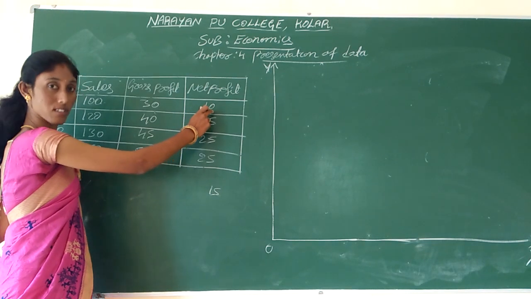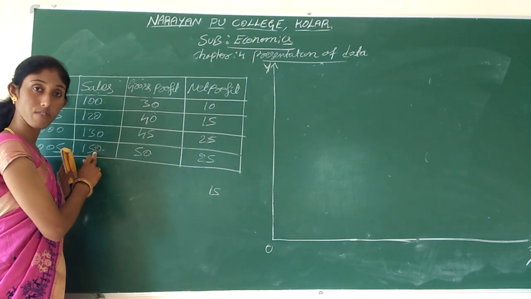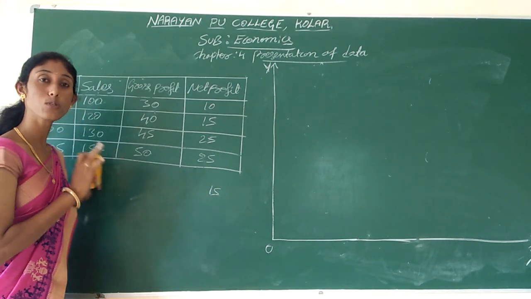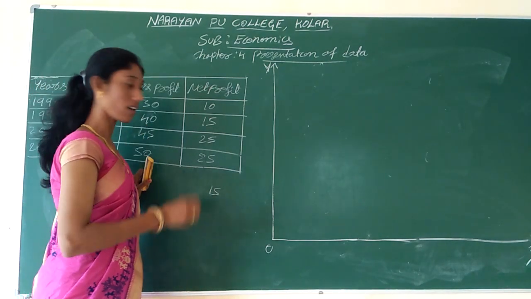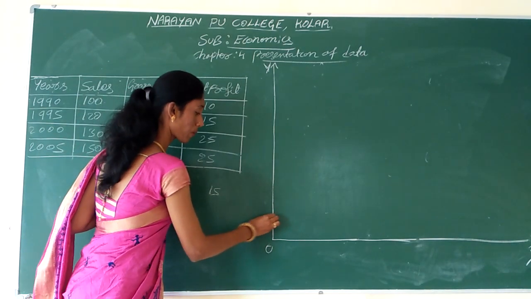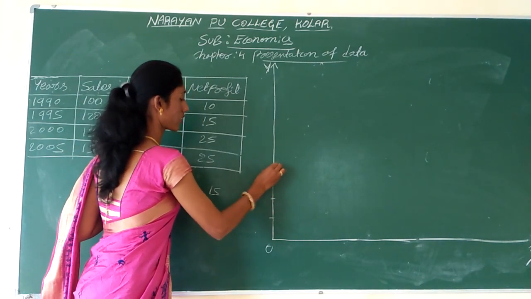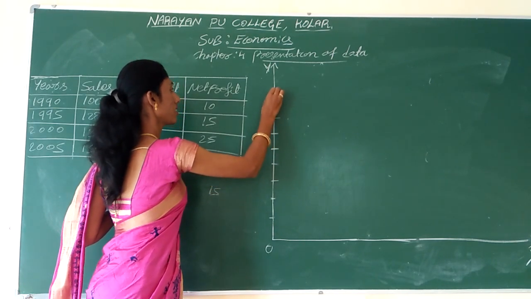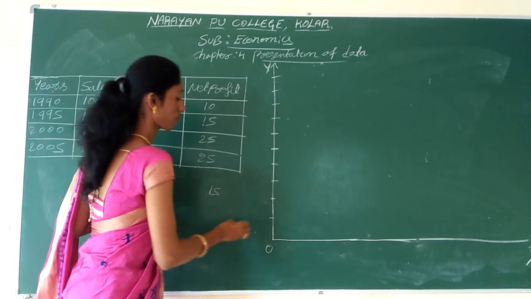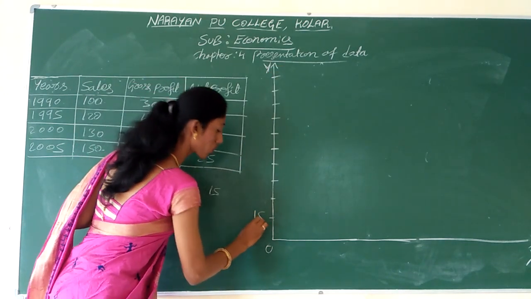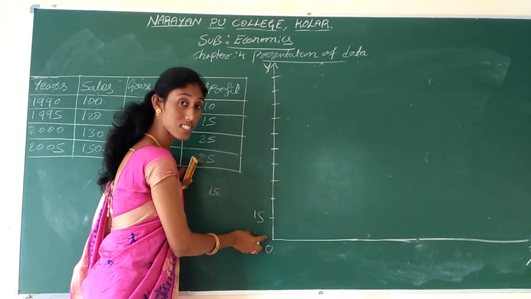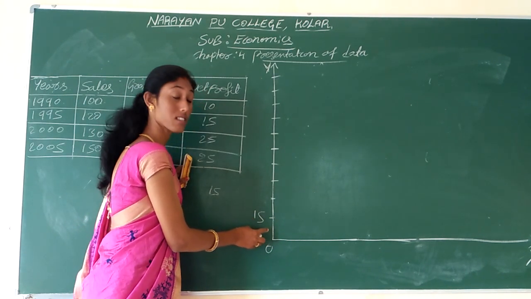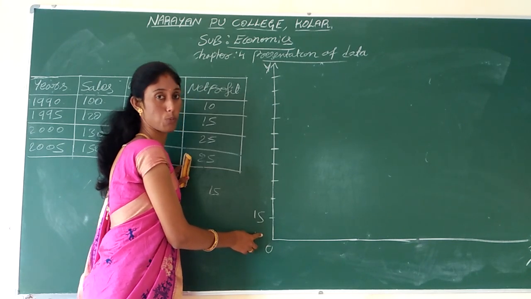The lowest value is 10, the highest is 150. If we take a class interval of 15, then it is most suitable to present the data. Observe how it will be. 1, 2, 3, 4, 5, 6, 7, 8, 9, 10. Here take 0 to 15. The space should be the same, should not vary. If you have a scale, you can use it, and you can take an equal space for each point.